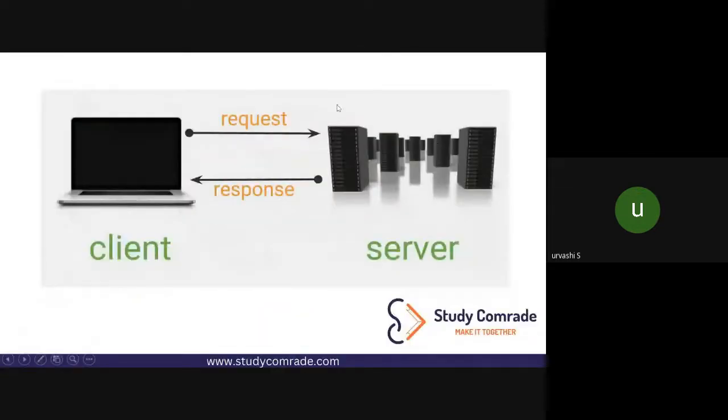Okay, so that is where your server part is. And there is one more thing called database. All the data that the user enters, like email ID, password, number, all the forms, wherever the user is filling any form, all that data goes and sits inside the database. So whenever you click on sign up, you write the email ID, password. When you click on sign up, a request is sent to the server, and the server will store that data in the database. Okay, and you get a response.